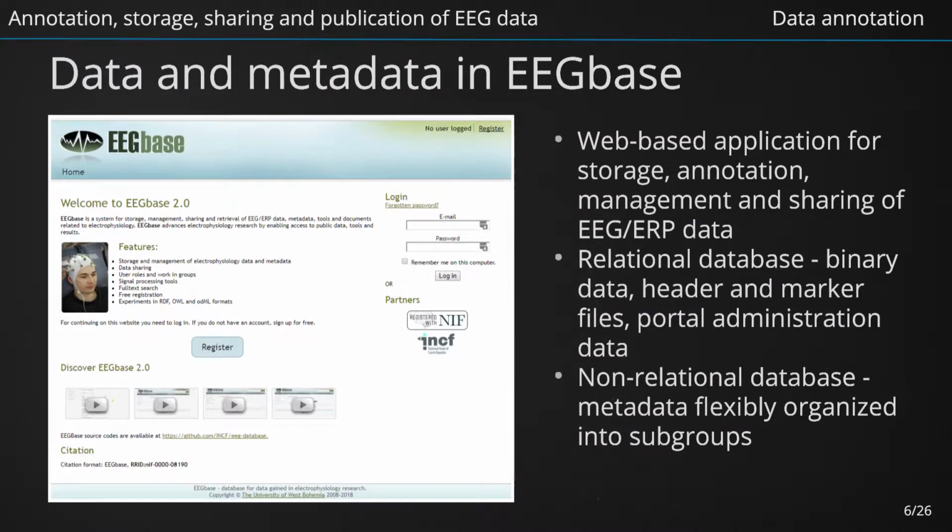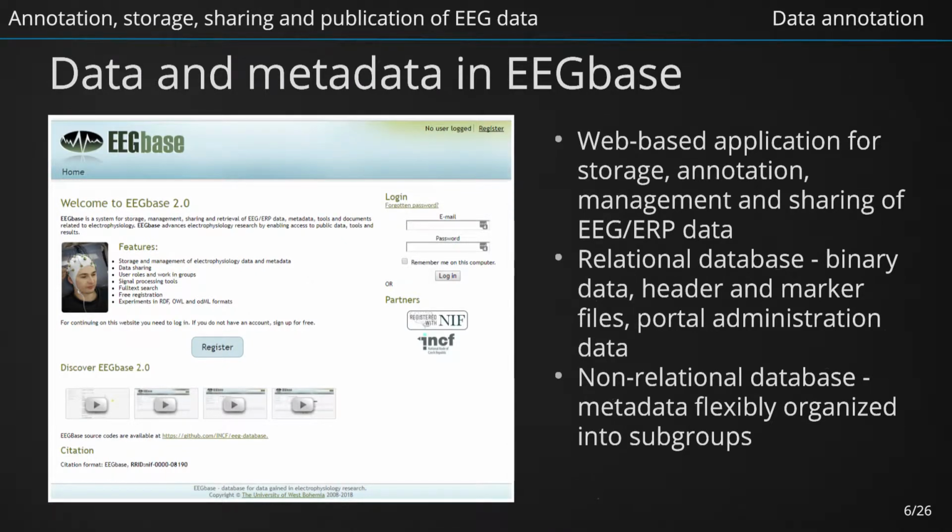The brain vision format allows us to store a limited and predefined set of metadata. Moreover, these data are commonly stored in folders on the disk. It means that we need another tool that facilitates further organization and annotation of EEG data. The EEG ERP portal, also called EEG Base, is a web-based application for storage, annotation, management and sharing of experimental